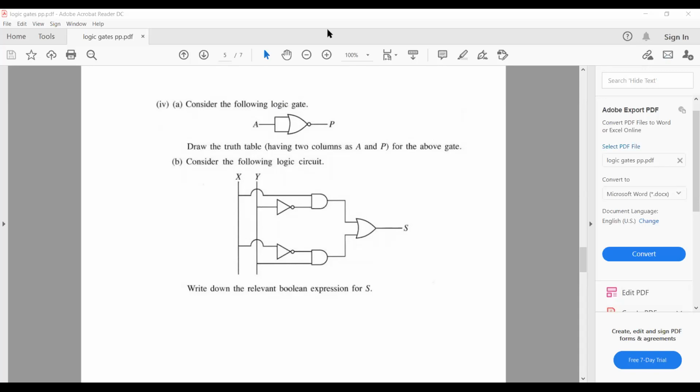First question, consider the following. One of the students asked this kind of thing. I don't know whether he's here or not. So A is given, draw the truth table. You are giving A and A is also getting, both the A is coming, because it's a NOR gate. So your output will be,